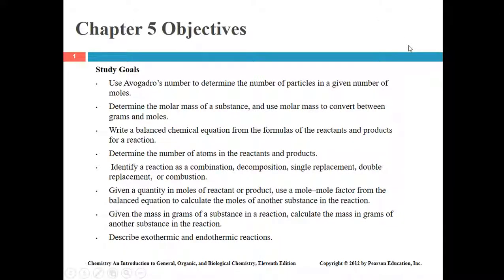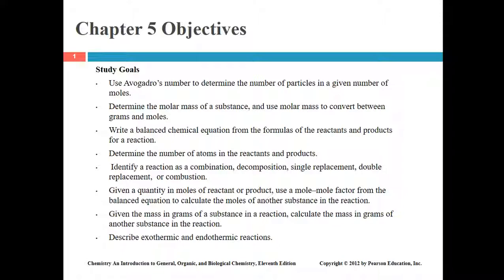Chapter 5 Objectives. Our study goals for this chapter are to use Avogadro's number to determine the number of particles in a given number of moles, determine the molar mass of a substance, use molar mass to convert between grams and moles, write a balanced chemical equation from the formulas of the reactants and products for a reaction,